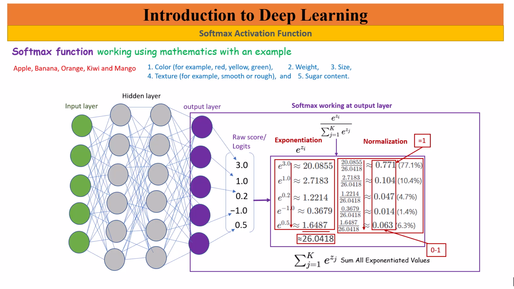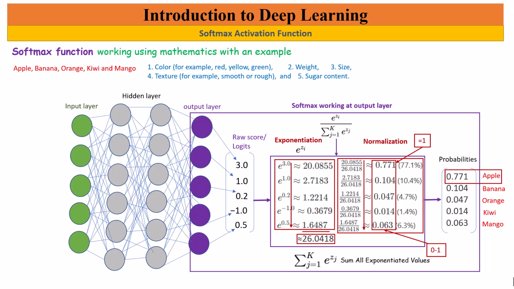So, probabilities for each class are computed as apple, 0.771, banana, 0.104, orange, 0.047, kiwi, 0.014, and mango, 0.063. This indicates that the network predicts the input most likely corresponds to an apple with